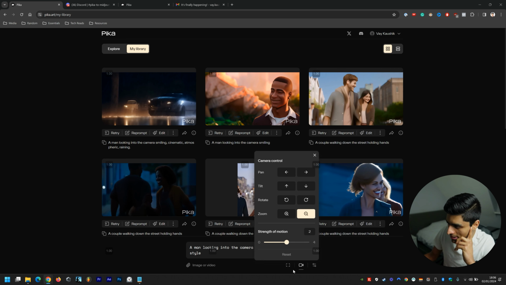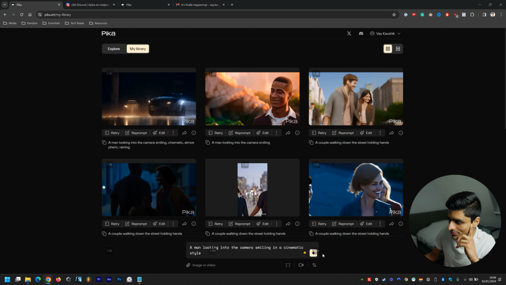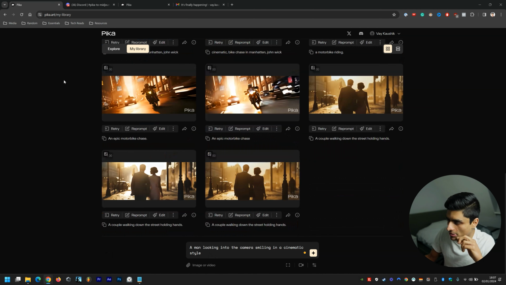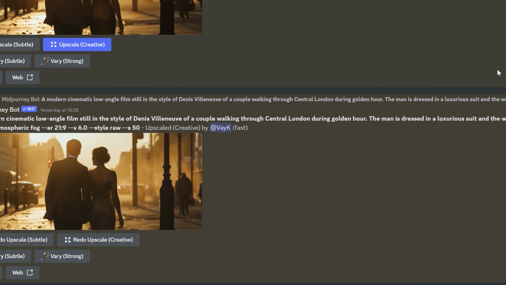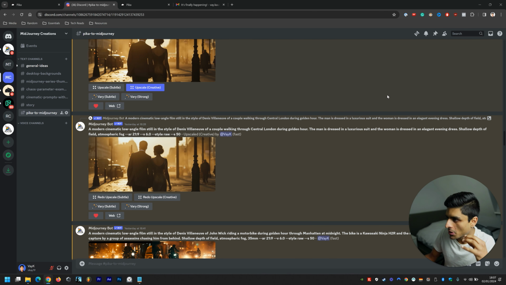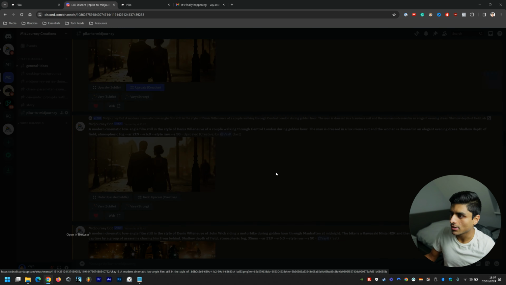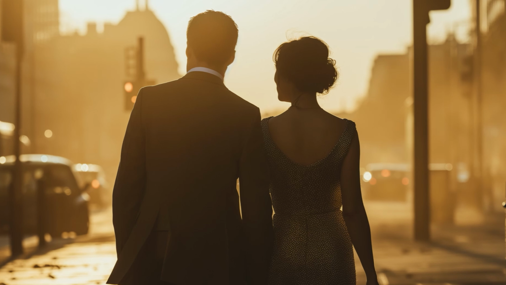Let's do zoom out, strength of motion at 2, 16:9 aspect ratio, and 24 frames per second. While that's happening, this is what I did earlier. I did a prompt within Midjourney of this couple here: a modern cinematic low-angle film still in the style of Denis Villeneuve of a couple walking through central London during golden hour. The man is dressed in a luxurious suit and the woman is dressed in an elegant evening dress. Shallow depth of field, atmospheric fog, 21:9 aspect ratio, version 6, style raw, and style value is low as indicated by the --S50. So I got that image, clicked on it, dragged it into the Pika ecosystem,